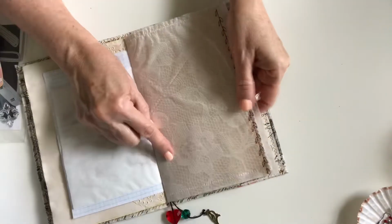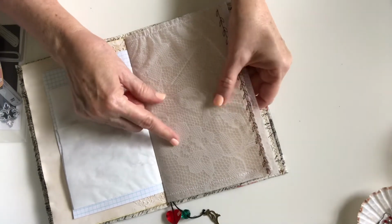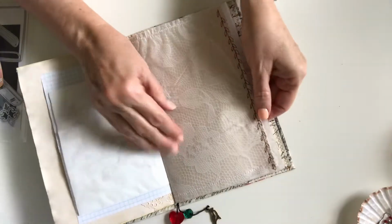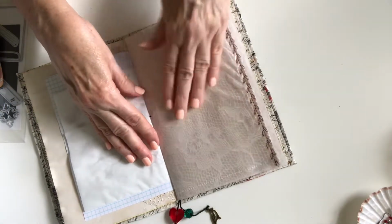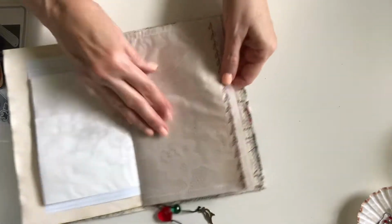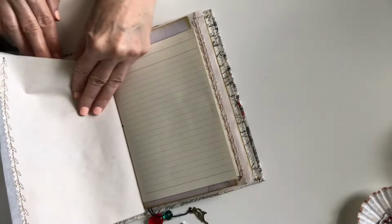Now Julie, this is one thing that I've done with that lace tablecloth: I have sewn it to a piece of coffee dyed paper. Now this is a pocket. But anyway, I just wanted to show you one of the ways that you could use it, to have a lacy front. And then I'm not sure what I'll do on this side of the page. And look guys, I did the fancy leaf stitch all the way down the page. Proud of that. And like I said, this is a pocket,